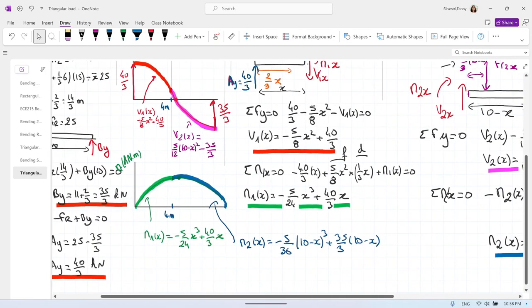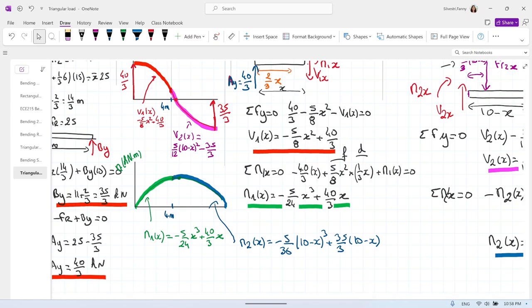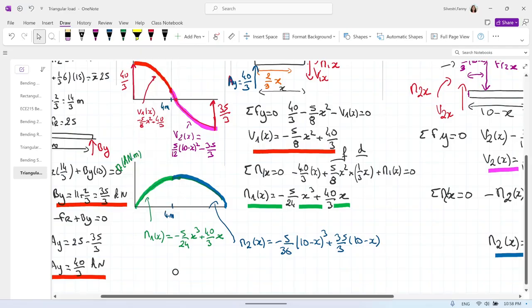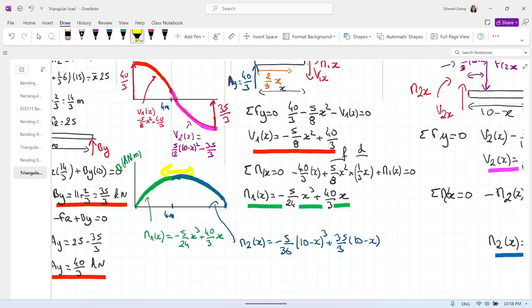And now questions. My question is, what is the maximum bending moment? And how do we find it precisely? Okay. So what we can do after we draw those diagrams and we draw them precisely, if we look there, let me make it yellow. There is a maximum there. And so this,